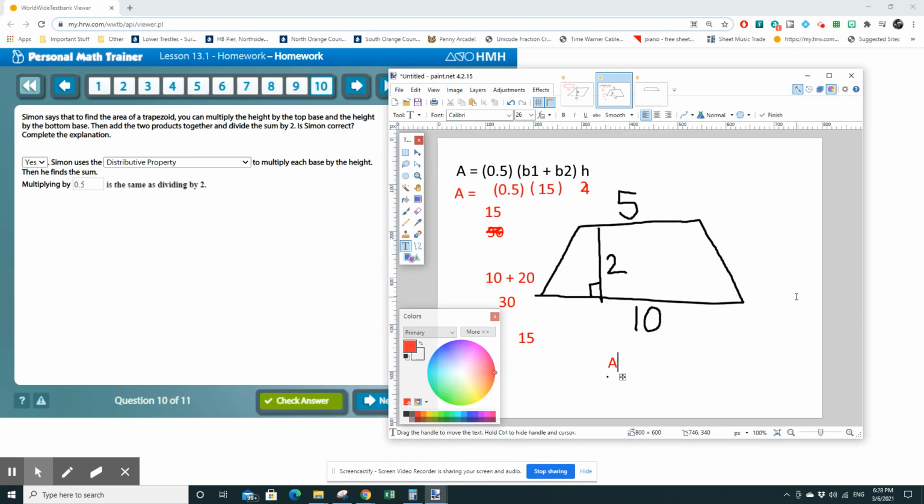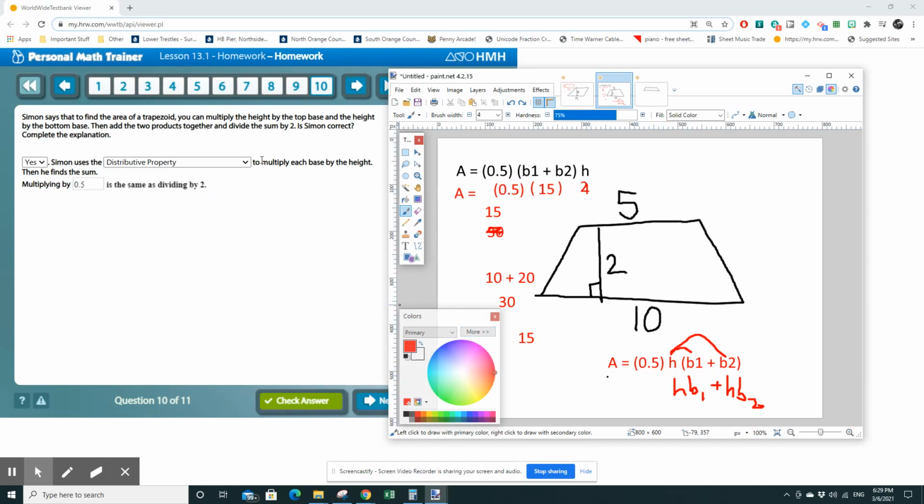So area equals 0.5 times the height times base 1 plus base 2. And if you remember, you can actually double rainbow this, h times b1 and h times b2, and that gets you hb1 plus hb2, which is height times b1 and height times b2, and then you're going to multiply or divide that whole thing